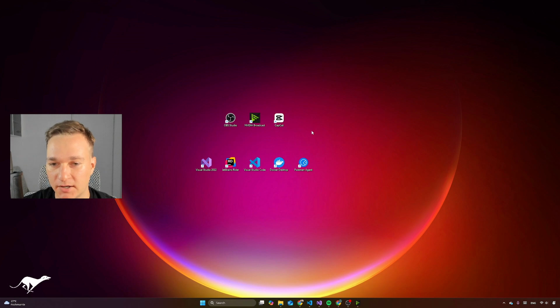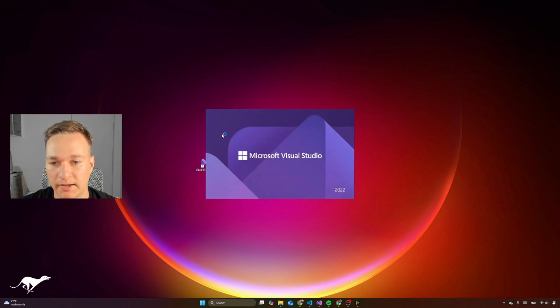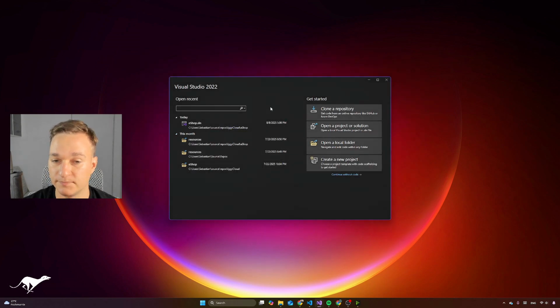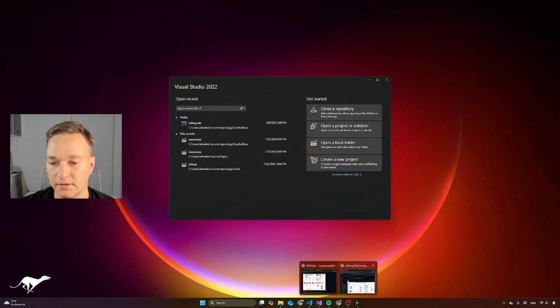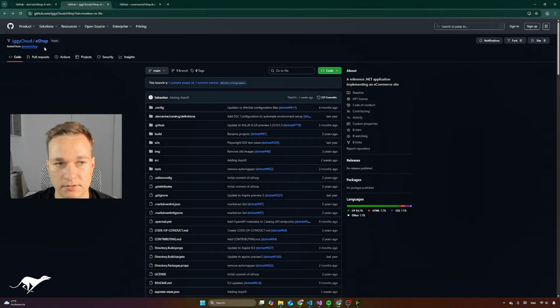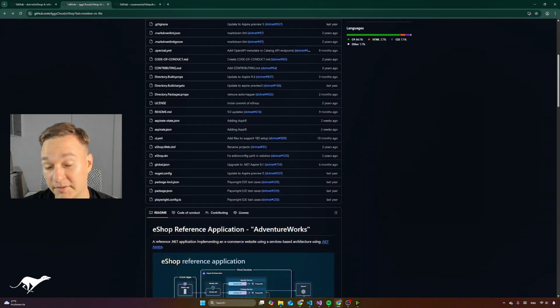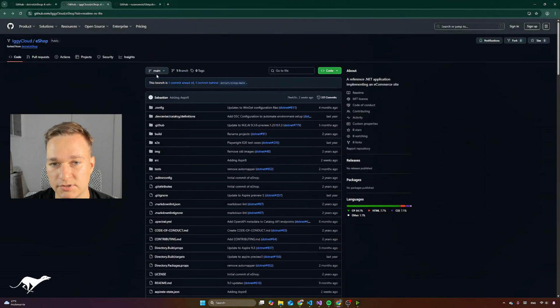Okay, what now? Let me open Visual Studio 2022 and let's see the solution. I already forked the solution, as you could see here, and this is the solution which is forked from the .NET eShop. I'll maybe not be posting any changes to this repository, I just forked it and cloned it, so